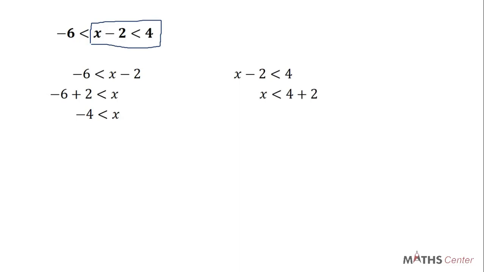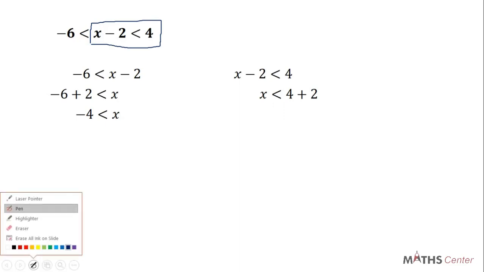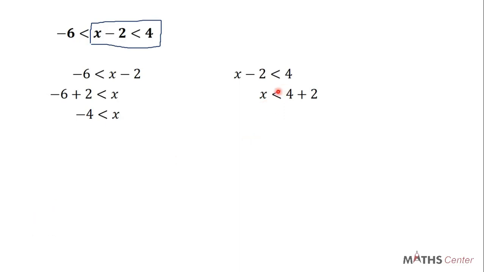In solving, we know that you are going to group like terms. So you are going to have x is less than 4 plus 2, and x is less than 6. So we've solved the inequality. We've broken them into two parts and we solve them one after the other. Now, to find the truth set or the solution set, you have to bring these two answers together. So here we know that x is greater than minus 4, and x is